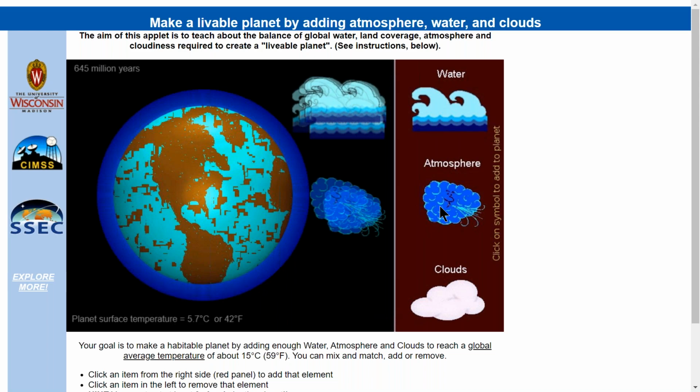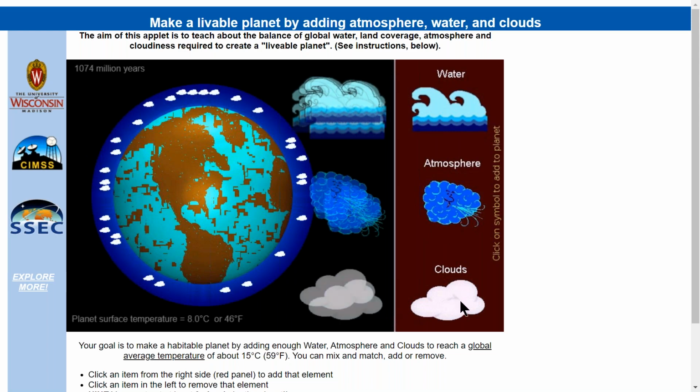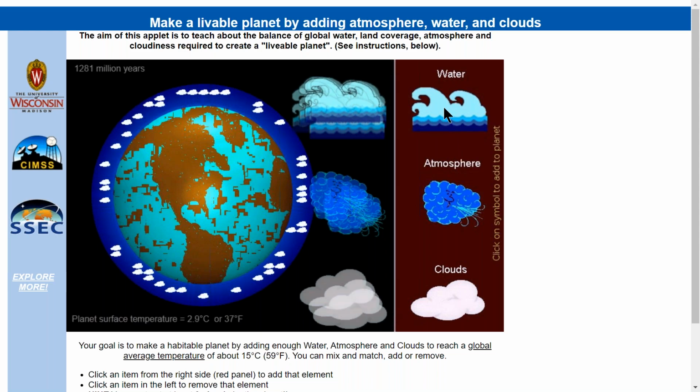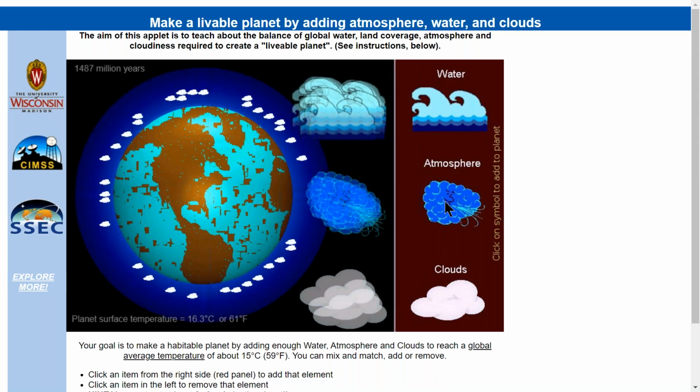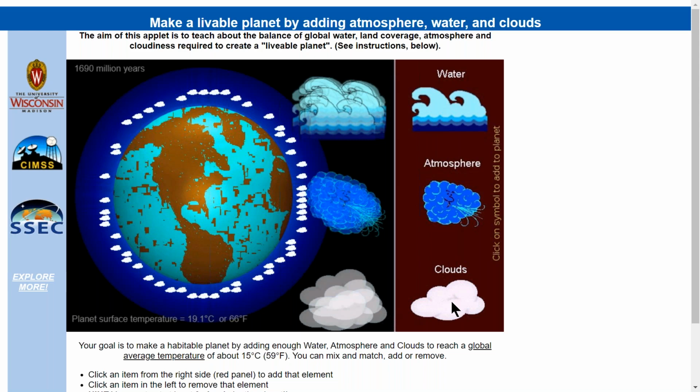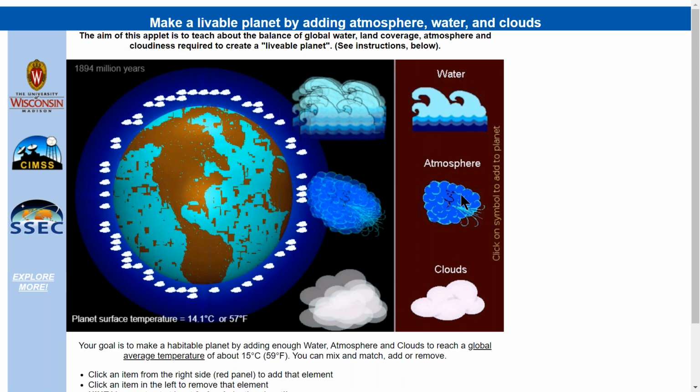Inside this, we're actually running a model, which is why if you look down there at the bottom, as I add stuff to that, the temperature takes a while to settle down. One of the rules, though, is that you have to add at least 3 clouds. So people try and do it without adding any clouds, and that just doesn't work. So we'll add a little bit more atmosphere here. Now I've made it way too warm. So I'm going to add a cloud, maybe 2 clouds to try and get it down to temperature.